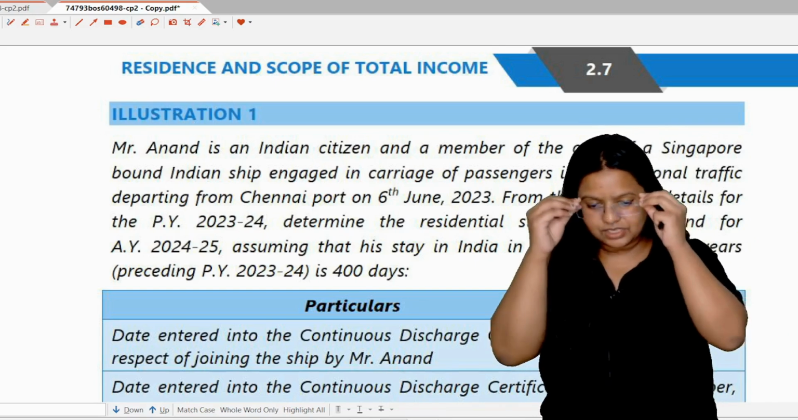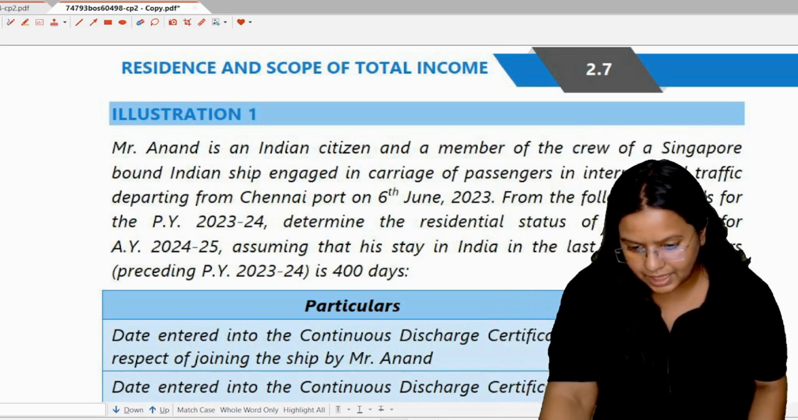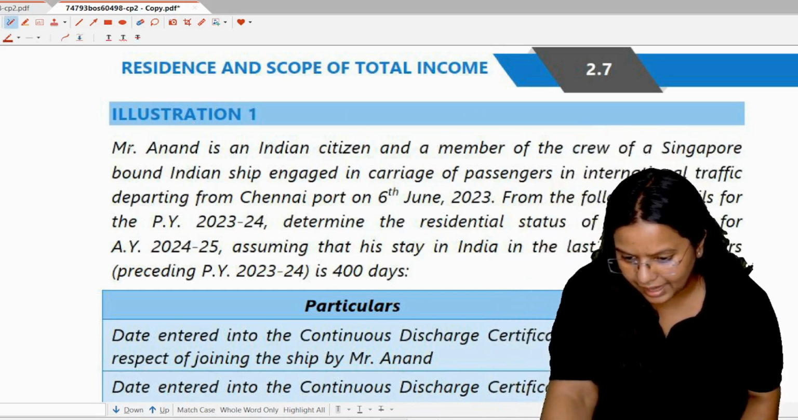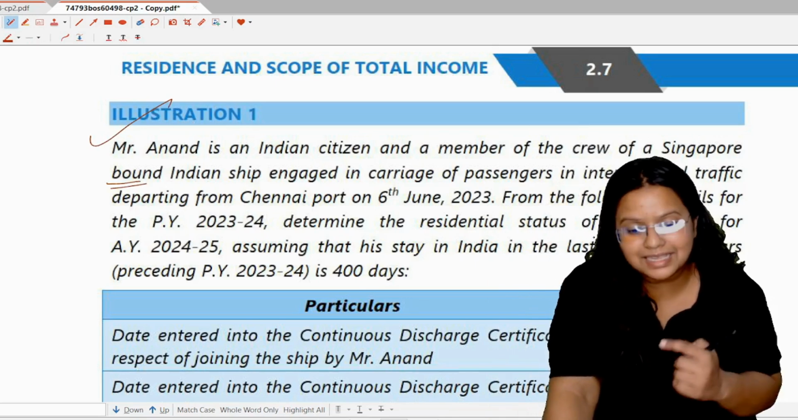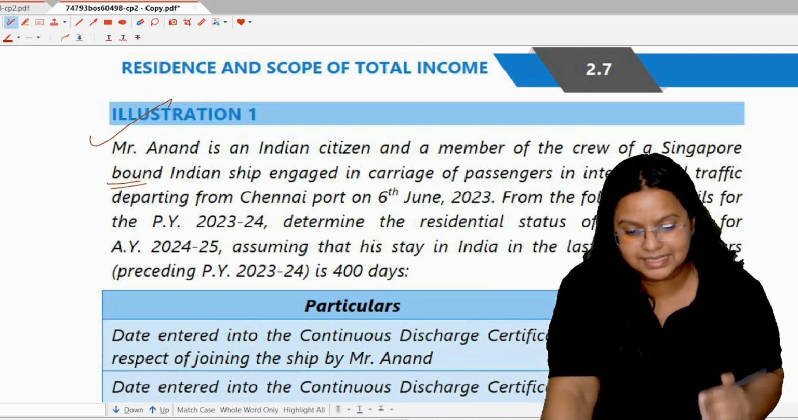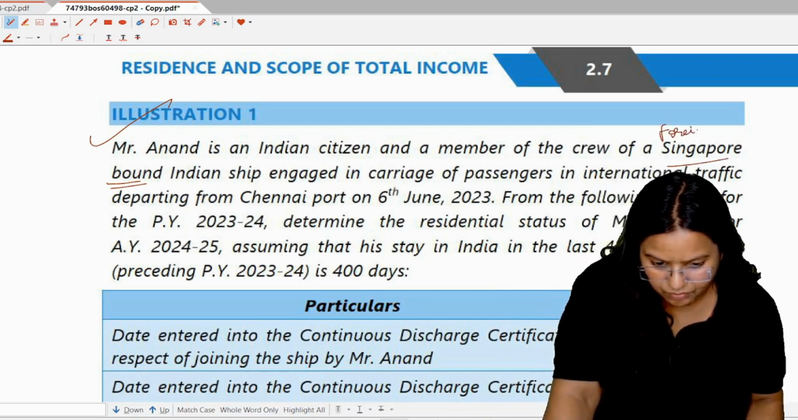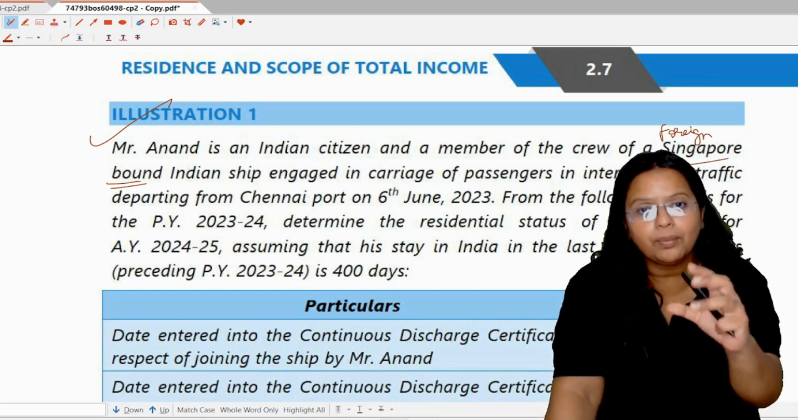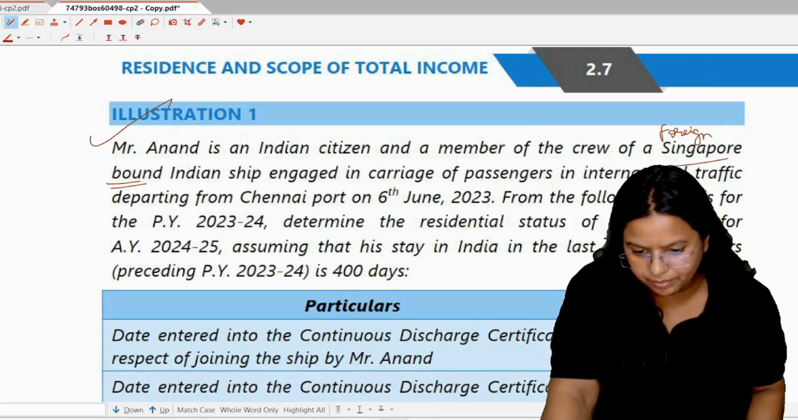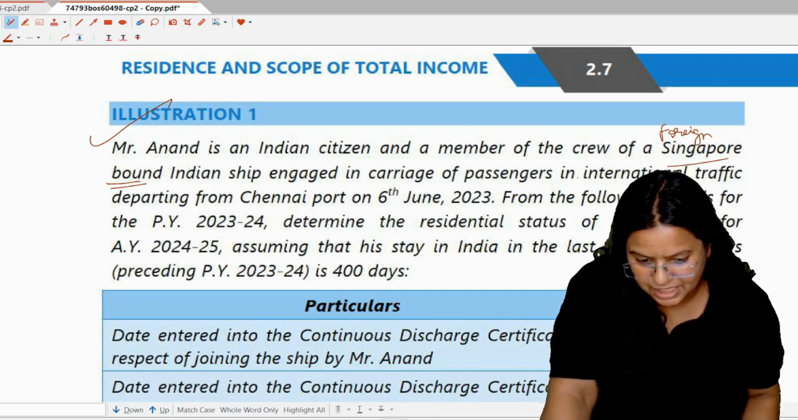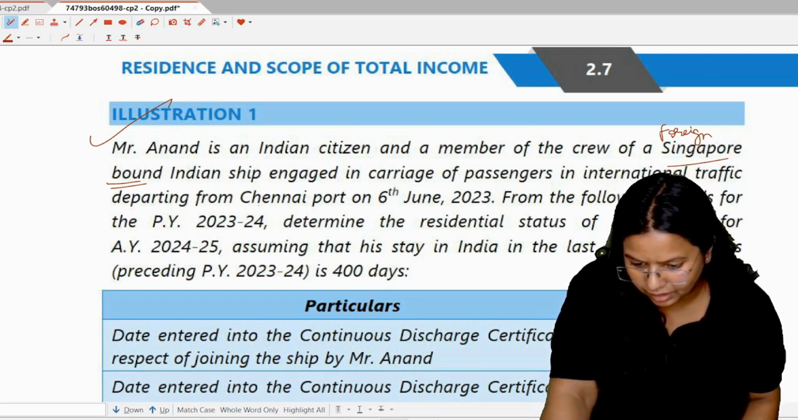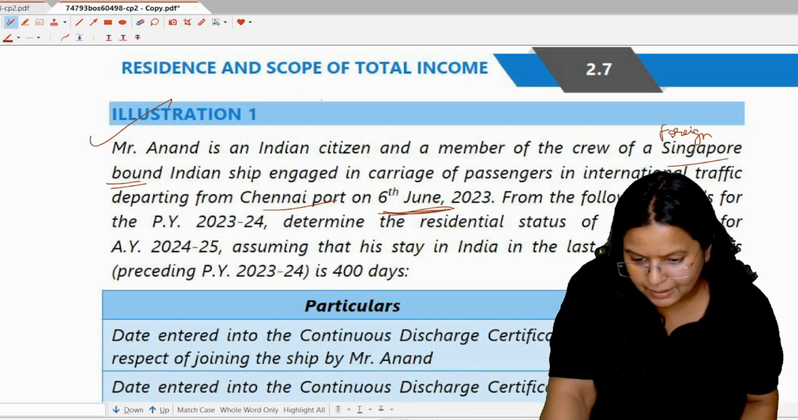So it is illustration number 1. Mr. Anand is an Indian citizen and a member of the crew of a Singapore-bound Indian ship. Now, the Singapore-bound Indian ship means it is clear that it is a foreign-bound Indian ship. It means the assessee is a crew member of the foreign-bound Indian ship, engaged in carriage of passengers in international traffic, departing from Chennai port on 6 June 2023. It means Mr. Anand left India